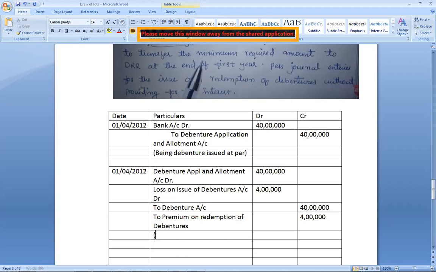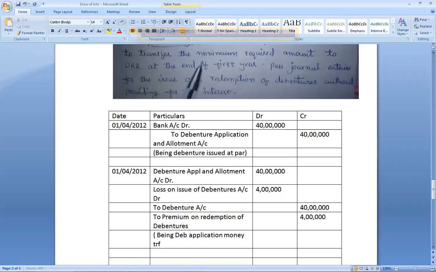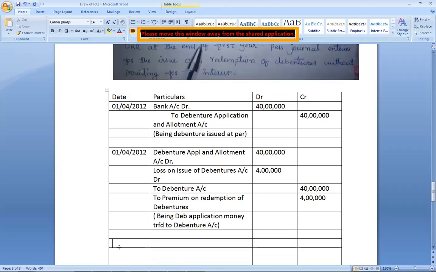Narration: Being debenture application money transferred to debenture account. Okay. Next entry will be